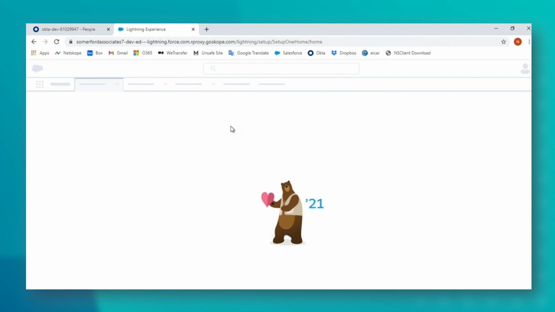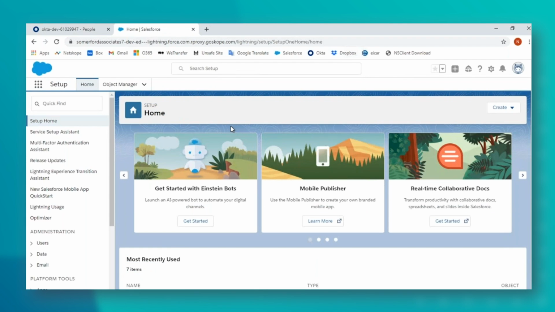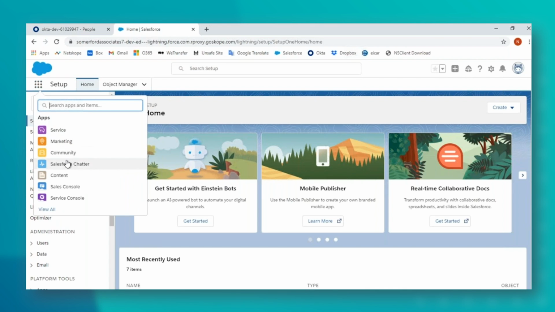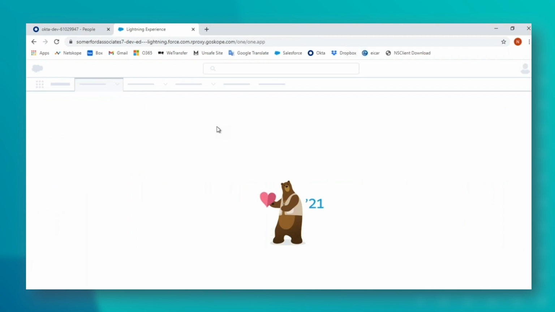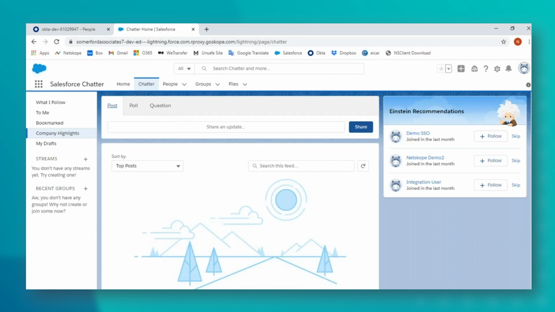Now the question is, what is different here? What is actually different? It doesn't look different. To a user, it looks completely transparent. They're not seeing anything that is any different. If I now try to do the exact same thing with my Chatter, we will try and upload an identity card again.